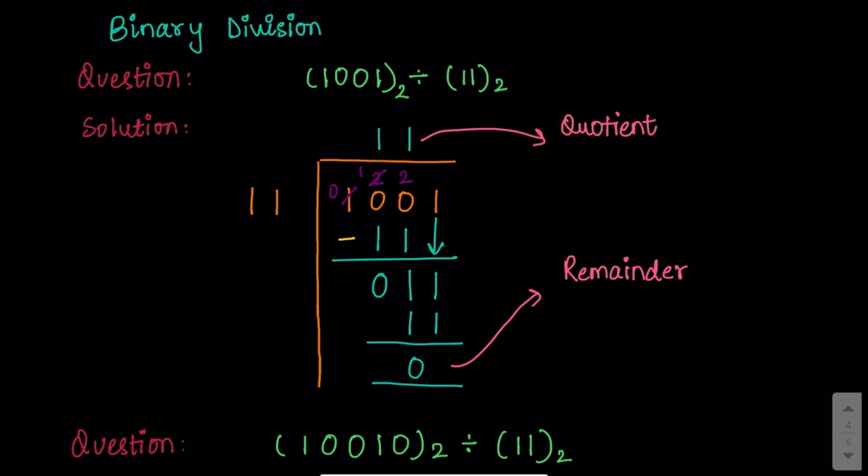Suppose we need to divide the number 1001 by 11 in binary. When we perform this division, we have to do it in the same way as we used to do for the decimal division system. So we'll write the number which is to be divided over here and the divisor over here, that is 11. Then we will start from this side. We need to take the first 3 digits into consideration at the first stage, because if we take less than this, we are not going to get a possible quotient for this division.